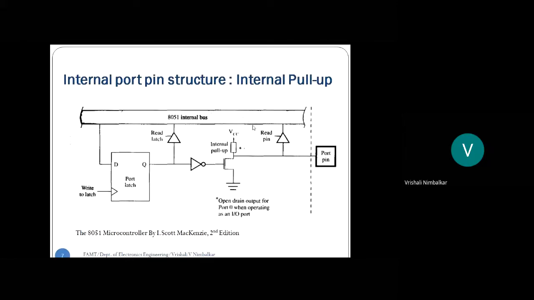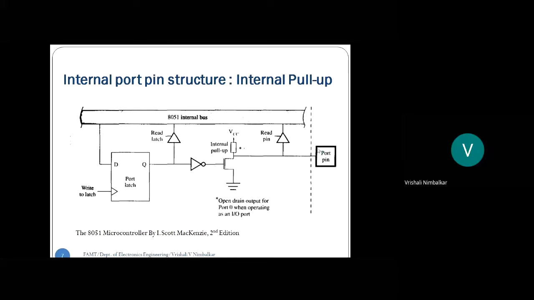Now if you remember, we had said every port has an 8-bit latch. So can you see here the D latch? Okay. So every port has an 8-bit latch, 1 bit for 1 pin. So this is that D latch. Okay. And every port has drivers. So can you see this triangle shape? Right? This triangle shape are the drivers. Hope you are getting me.